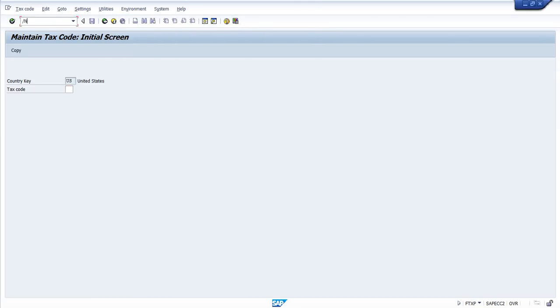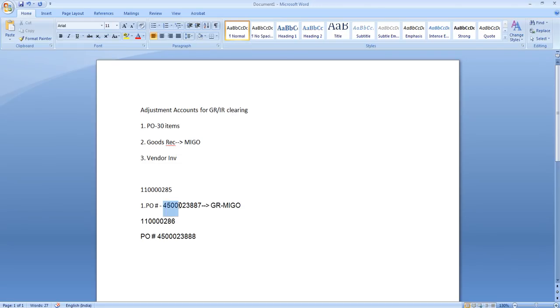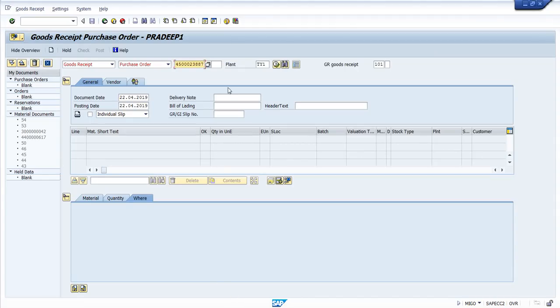Fine. So I'm going to process the MIGO. Assume that in this case we have received the GR, invoice not received. So it's MIGO with reference to the purchase order. Which purchase order? The first one. So with reference to this purchase order, I am going to process the